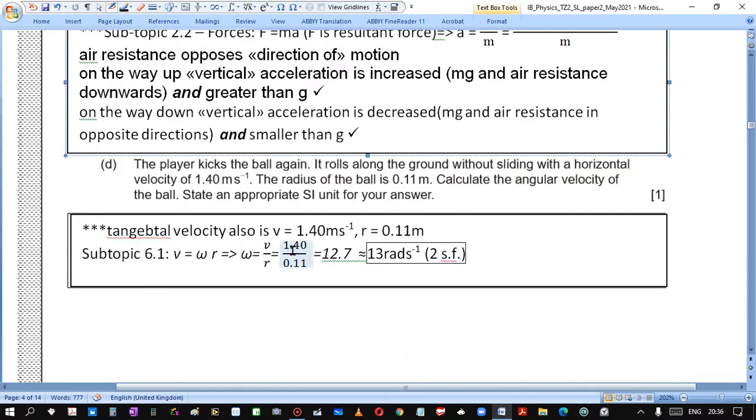Right, okay, the player kicks the ball again. It rolls along the ground without sliding with a horizontal velocity of 1.4 meters per second. Given the radius of the ball, calculate the angular speed of the ball. State an appropriate SI unit for it. Yes, tangential